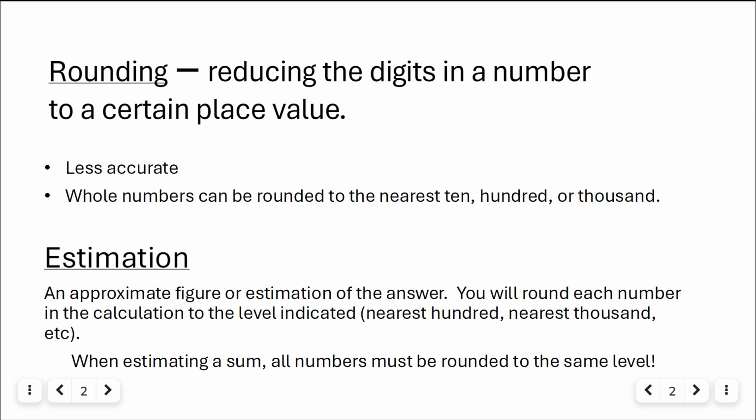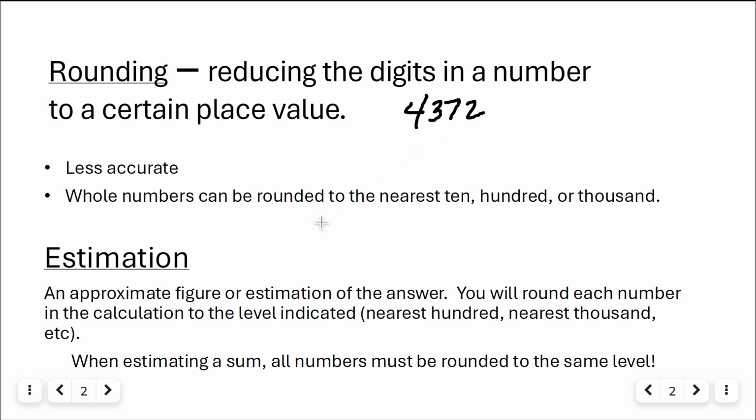Okay? So it's not very accurate, but it's easier to do calculation. It makes it easy to do some calculations with it. Whole numbers can be rounded to the nearest 10, the 100, or the thousands. So if you had a number like, let's say, 4,372, you could round that to 4,370. You could round it to 4,400. You could round it to 4,000. Okay, all depending on what they're asking you to round to, as well as what might make it easier to